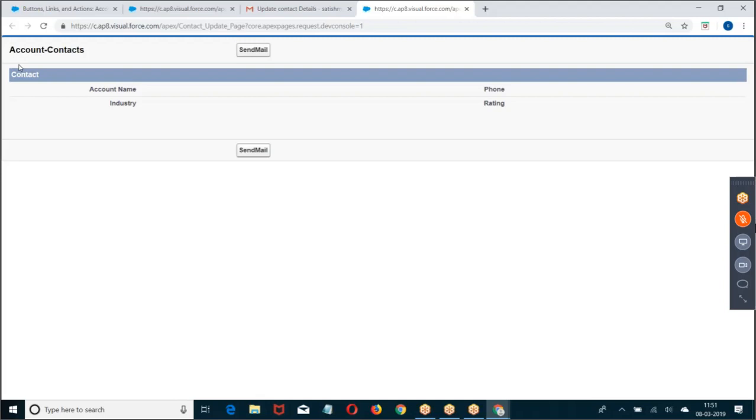Now there are two things. One is replacing the existing functionality. Second one is creating new functionality. If you are creating a new button, only the ID of the record from where you click the button will be passed. Apart from the record ID, if you want any other data, we need to add those.